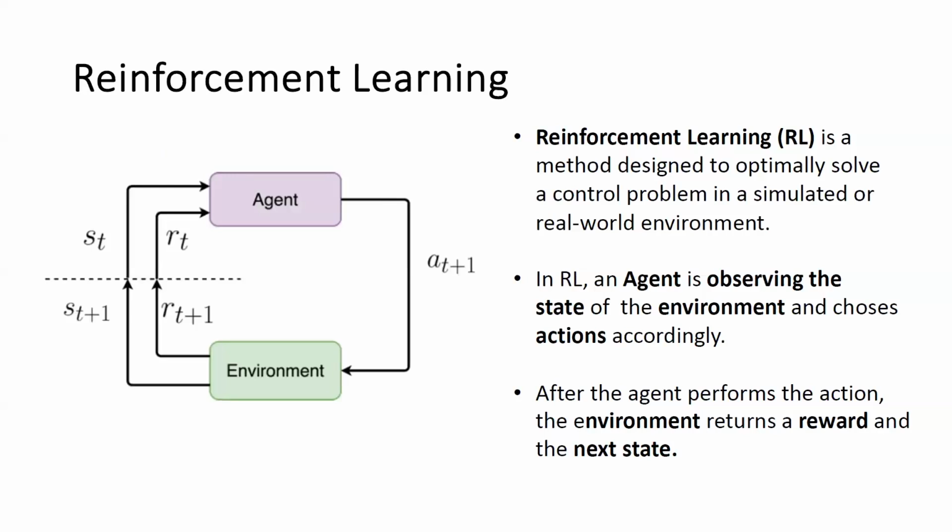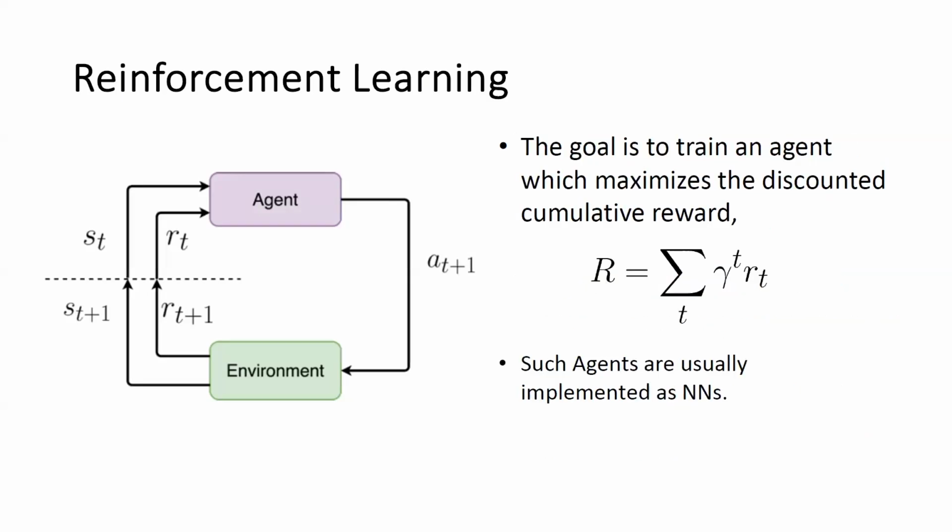So let's briefly review what reinforcement learning is. In reinforcement learning, we have an agent that tries to navigate inside an environment by observing some states of the environment and performing some actions based on the observed states. And the environment gives some kind of reward to the agent, whether the action was good or bad in some sense. And the goal is mathematically to maximize the expectation of the time discounted rewards on the long term.